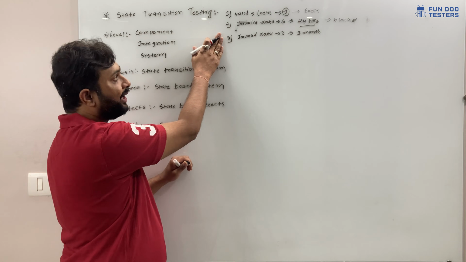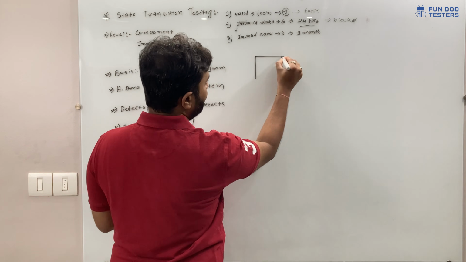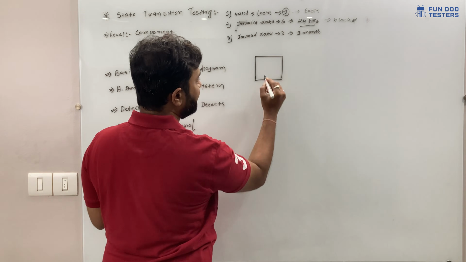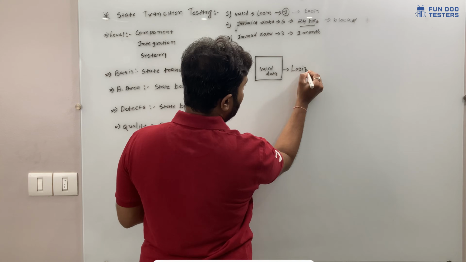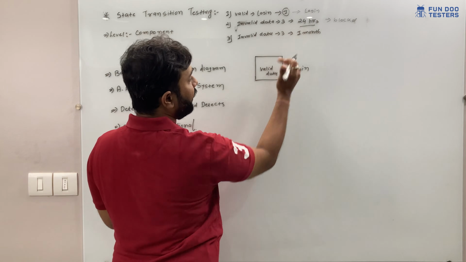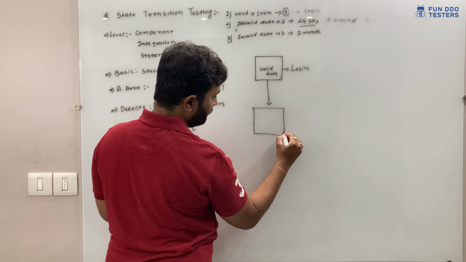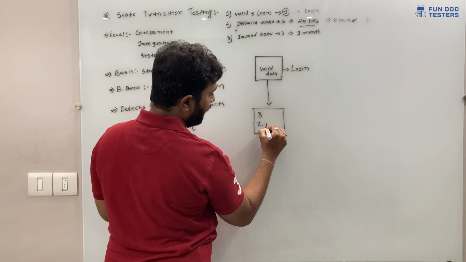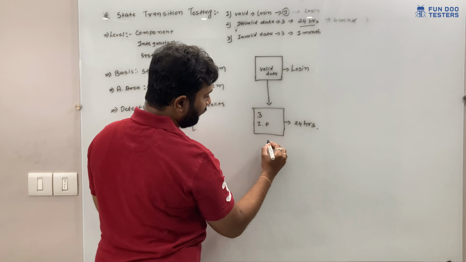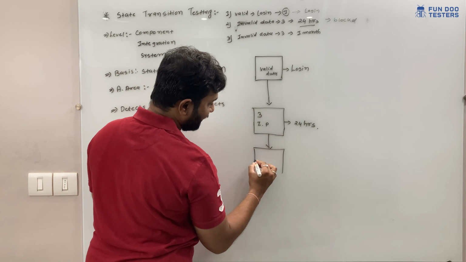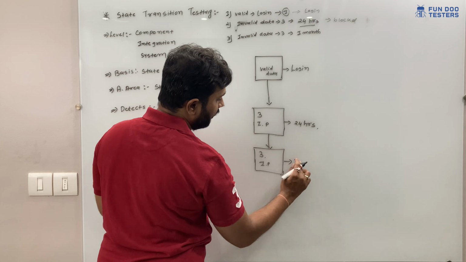Here we are going to talk about 3 states. Now, first of all, which state are we in? Valid data. This is our first state, the normal state. Valid data, and we are able to log in. Later on, the second state, in which we enter an invalid password 3 times. Then the account will be blocked for 24 hours. And if again we enter an invalid password 3 times, then it will block for 1 month.